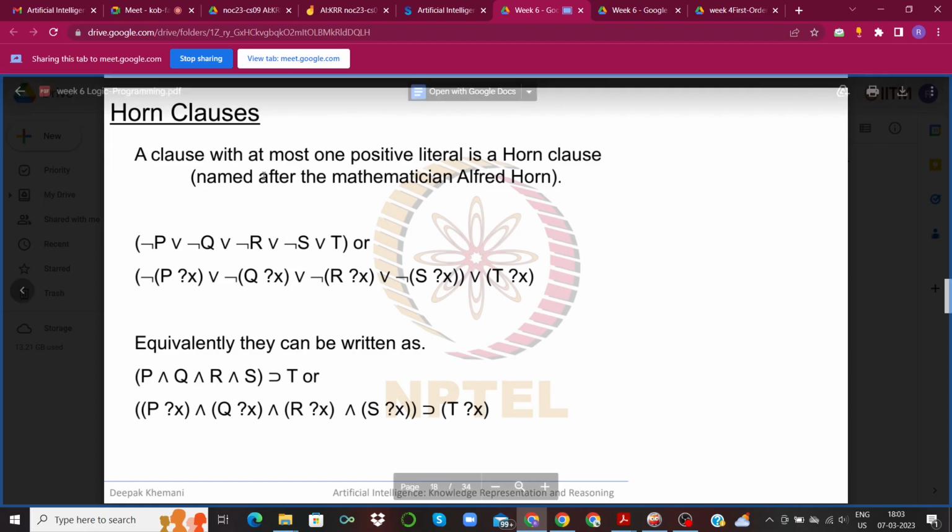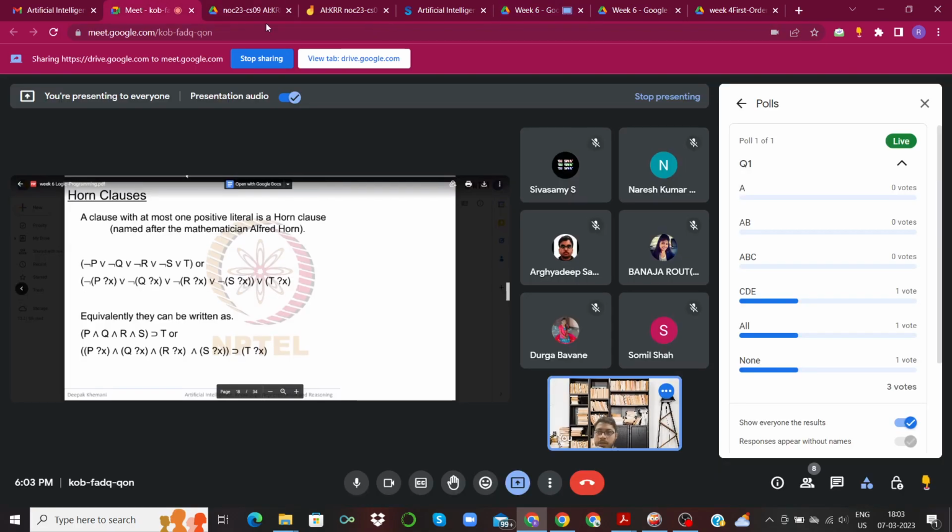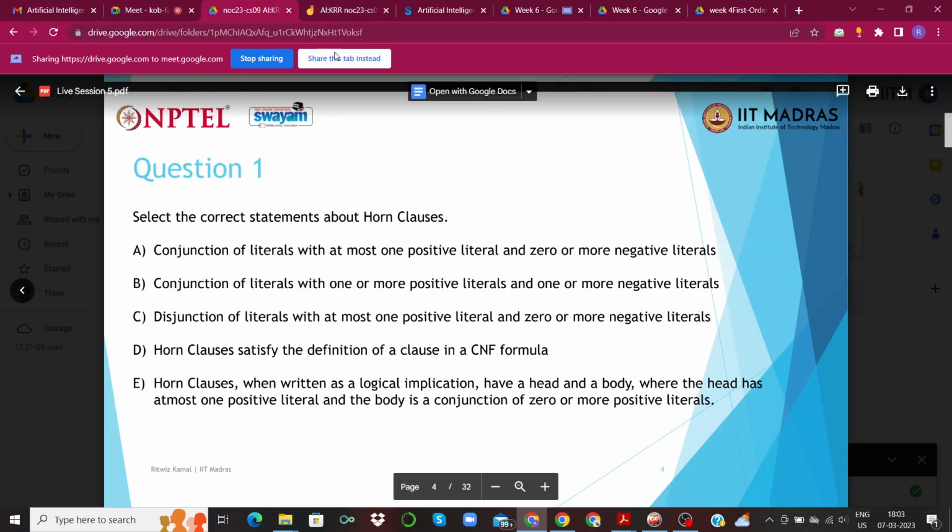The key points to notice here are, first of all, it's a clause, and second, there has to be at most one positive literal. An example is shown over here. This is basically an OR of several literals or negations of literals, and there's only one positive literal P over here. All other literals are negations. So if we go back to the options that were given to us,